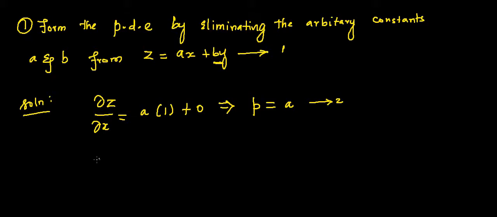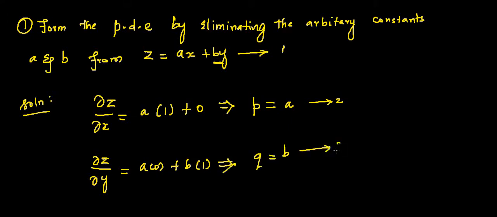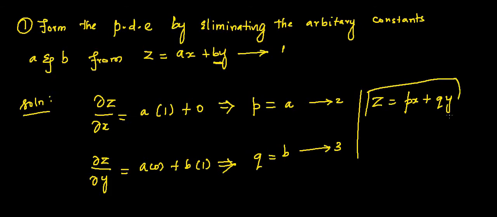And differentiating equation 1 with respect to y, the first term ax will become 0 since x is constant, and the other term is b into 1. So dou z by dou y is q, q is equal to b. This is equation number 3. So substituting both in equation 1, we get z is equal to px plus qy. So this is the required partial differential equation. Okay, and we'll be solving similar problems in